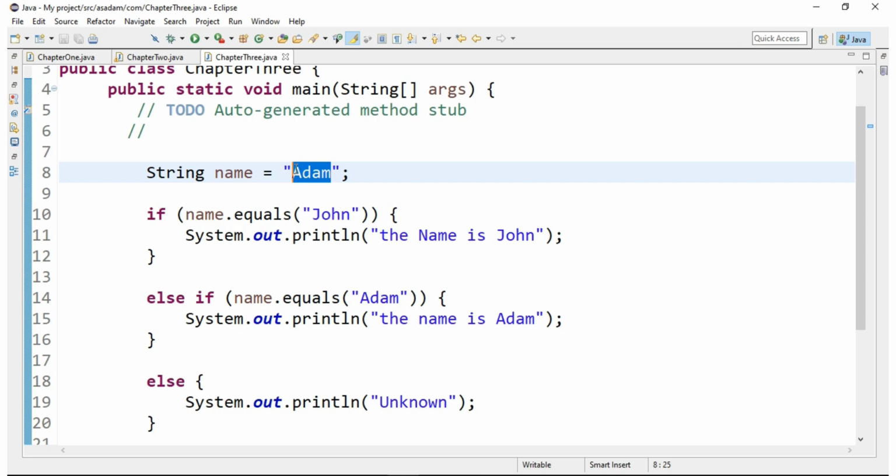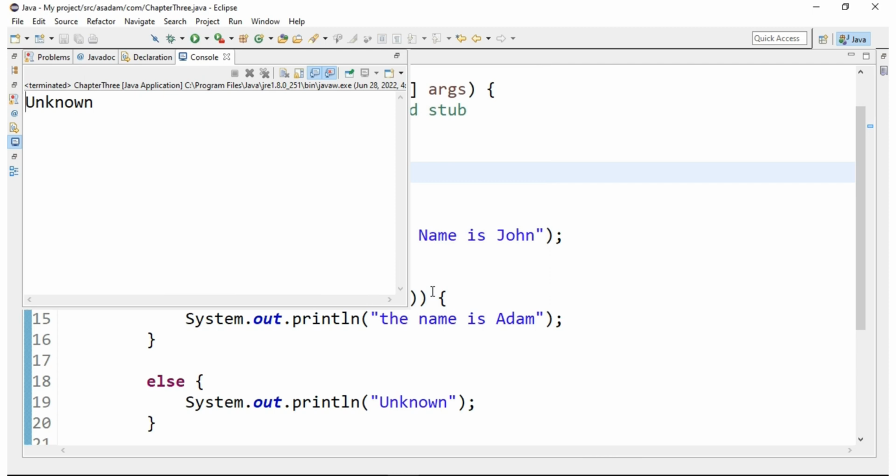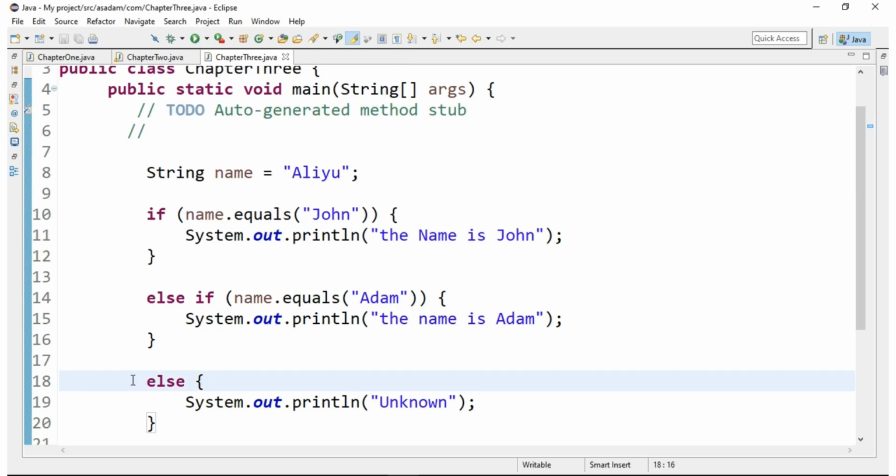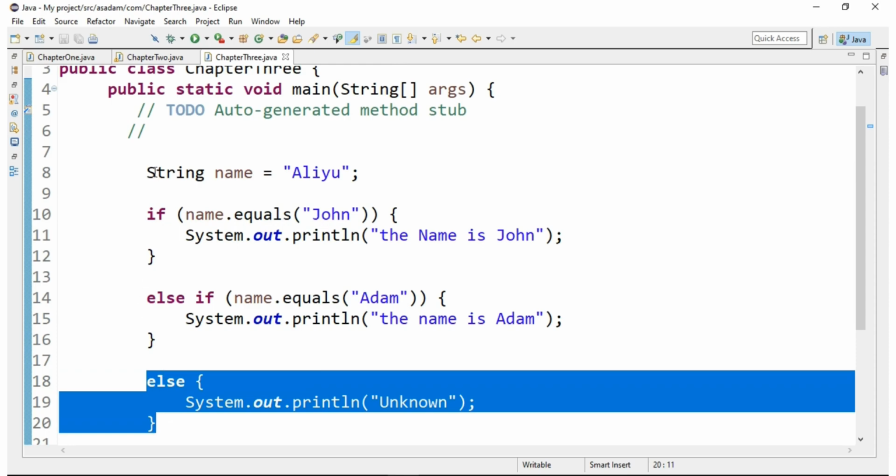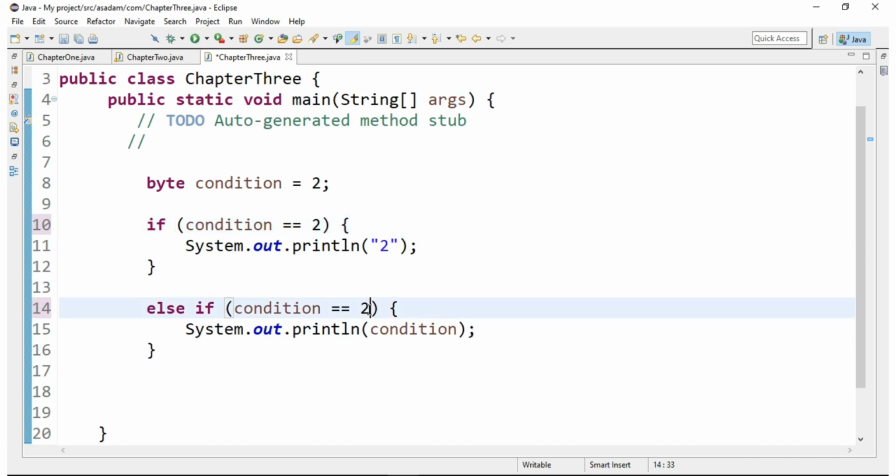Okay, let's put a name that is not here. Let's say Aliyu. The name is unknown. You see, we have this statement print. It will check all the conditions, and here let's put 3. If the condition is not 2 and 3, we want